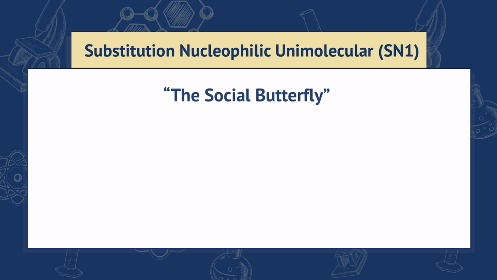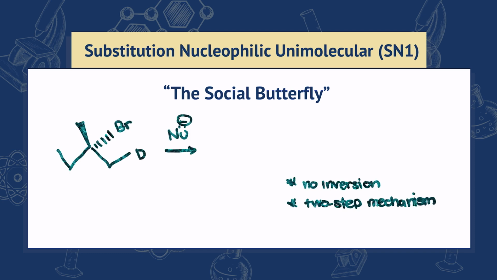I'd like to see this as the social butterfly. Essentially because even if a leaving group leaves that particular molecule, it's able to attract other molecules to interact with it. So let's say we have this example. That's a tertiary alkyl halide. So instead of the nucleophile being able to attack the central carbon, because as mentioned earlier, it's sterically hindered, meaning the nucleophile is not able to reach the central carbon easily, what happens first is that the molecule decides to remove the halide or the halogen, which gives us a